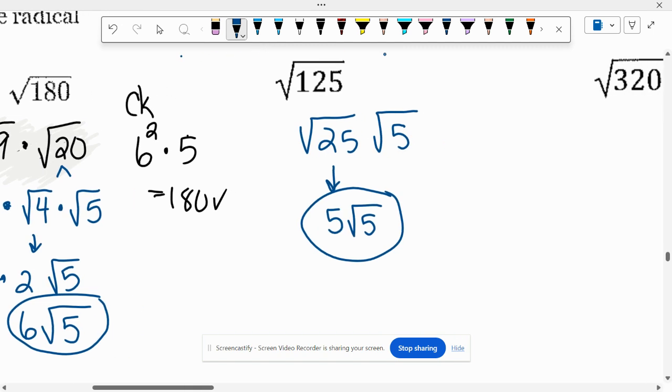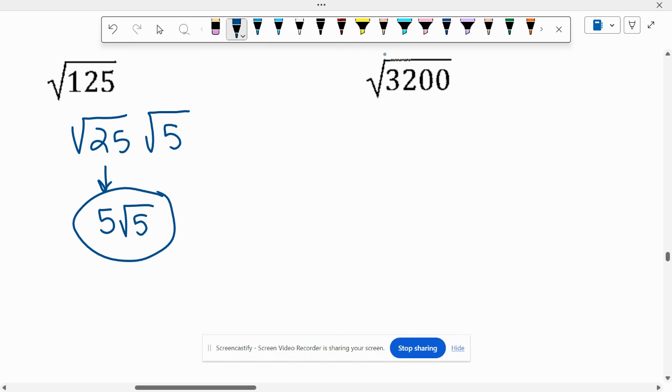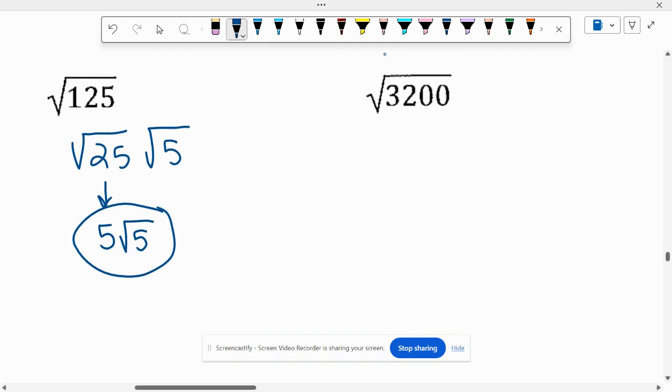Okay. Let's keep going. What about this? You can break it up into small numbers. It doesn't have to be 60, or would you say 16? Yep. 60. Oh, 60 is not a perfect square. You got to do perfect squares. You can only start with a perfect square. 64. Okay. So